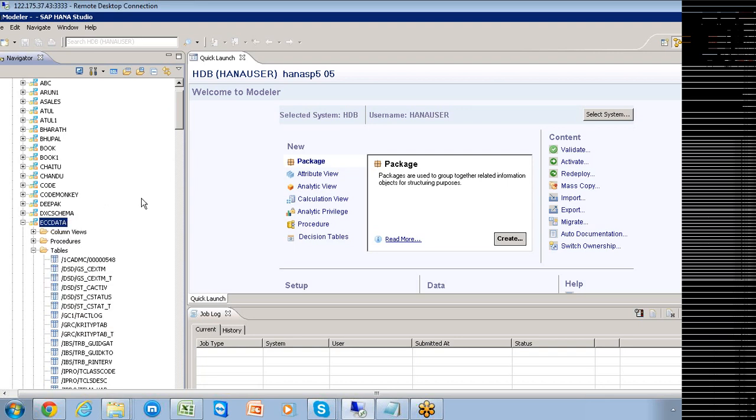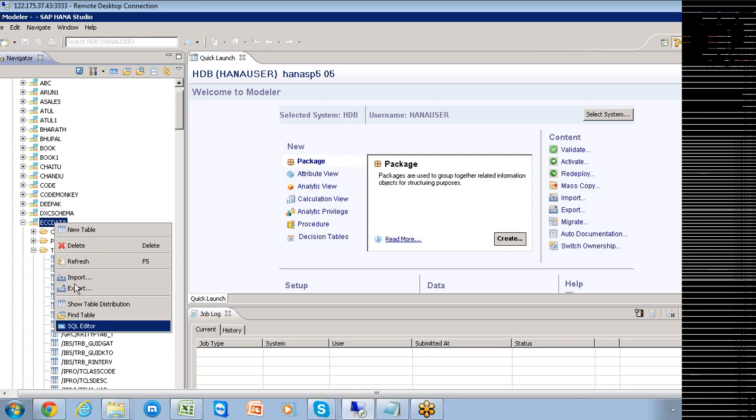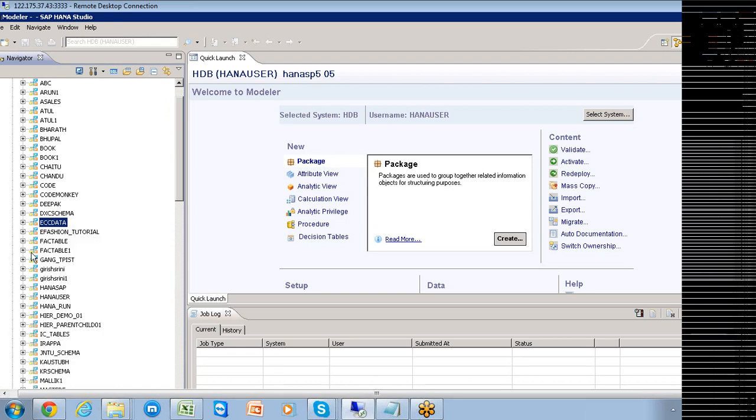From that particular ECC data instance, you'll be able to import the tables only once. Two different copies of the same structure cannot be created here. Suppose you have a KNA1 table, I can't maintain two different copies of the KNA1 table within the ECC schema. Why? Because redundancy or duplication of data is not allowed in HANA Studio. This is what is your ECC schema.